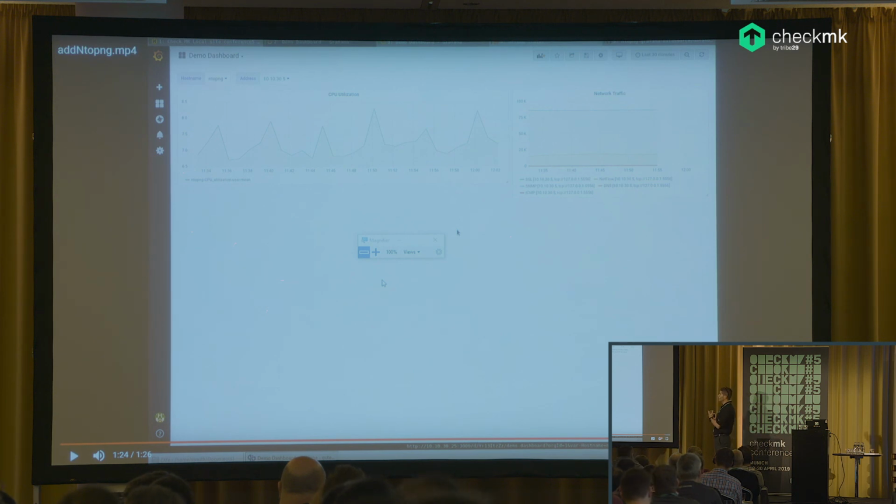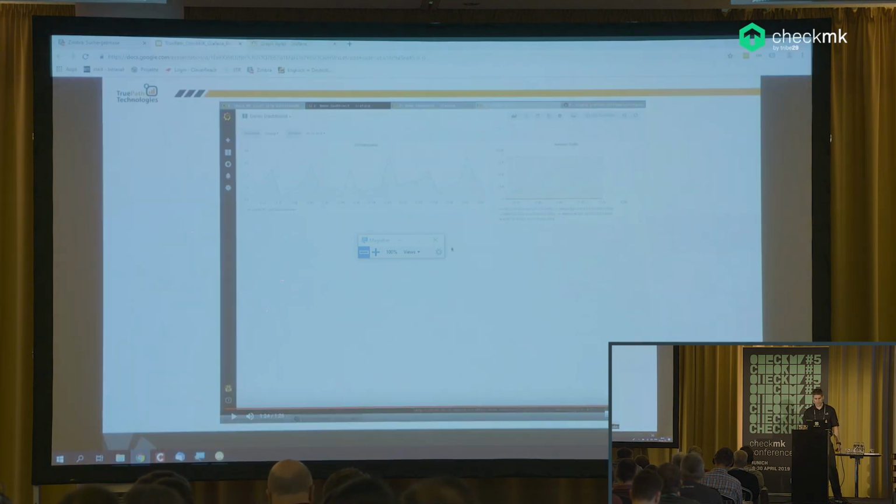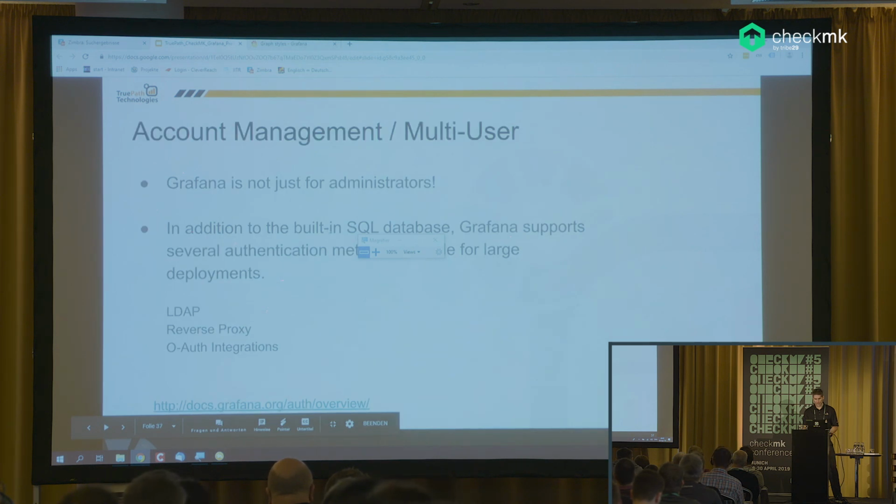And what's really great about Grafana is the eye candy. Customers absolutely love it, right? That's what they want to show. That's what they want to see. So let me come back out of this and just finish up with a couple other notes around account management. One of the things that we see with customers